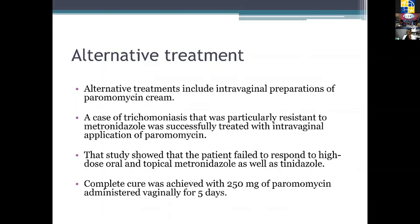Alternative treatment. So with this client, she did fail metronidazole orally at the normal dose. She did fail tinidazole orally, and before trying tinidazole, she also failed IV Flagyl. So for her, it became very apparent that we needed to start thinking outside of the box and looking at alternative treatments. A lot of the alternative treatments, the most popular would have been the paromomycin cream and also boric